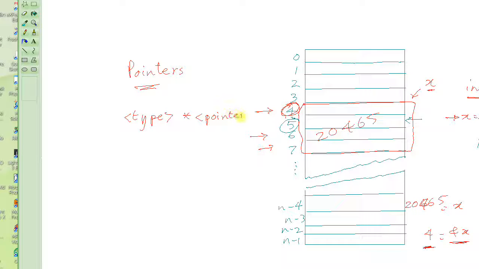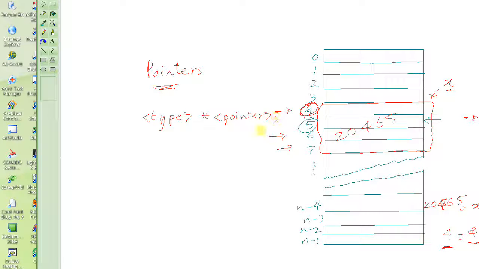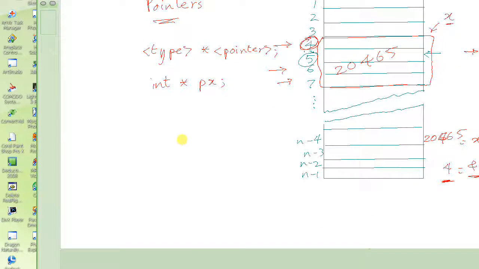So for example, if you want to declare an integer pointer, you say int star px. You can name it anything you want. I tend to write p before whatever name I choose, so that just by looking at it, I know that it's a pointer. And then if you have a variable called x,